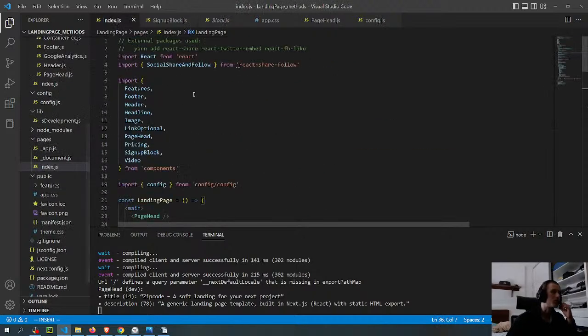Oh, I can just go to the file to see which CSS.